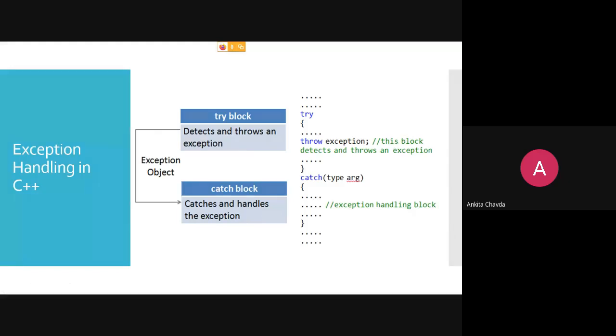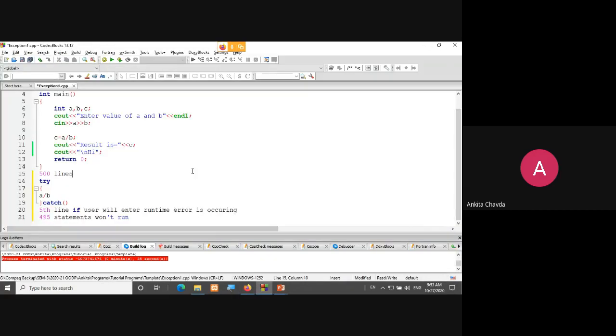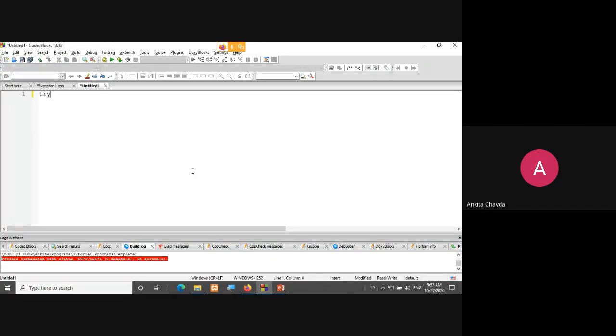Try and catch will always be there together. It is not like you write try, then some statements over here, then some lines of cout and cin and something like this, and then you write catch. This is not allowed.